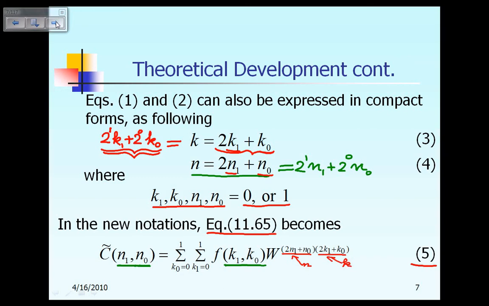But now, instead of small k, we call it 2k1 plus k0, as you can see from equation 3. So, all I did is take equation 11.65 and put it in the new notation, and that becomes equation 5. Now, the next step that I